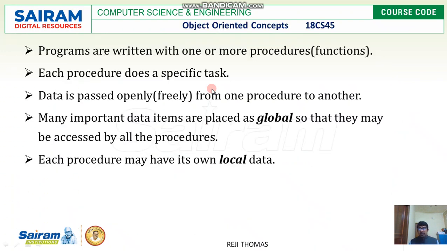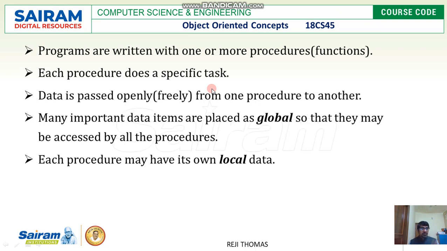And we have terms called global and local data. Sometimes we place some important things in global data.